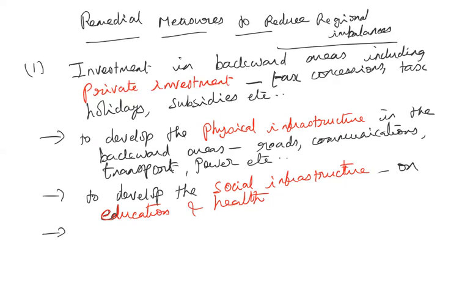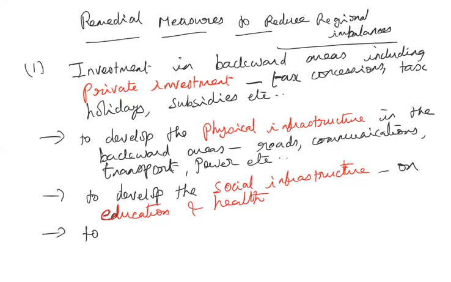Okay, then another major thing. When we say backward areas, it automatically comes to our mind that it is the rural area. In which occupation are they depending in rural areas? They are depending on agriculture. Is agriculture fetching them any money income? No. Because agriculture is not that much developed, even though the majority of the population depends on agriculture, it is not contributing anything to their development. So agricultural productivity in the country should be increased, so that the people depending on agriculture are able to get steady money income.